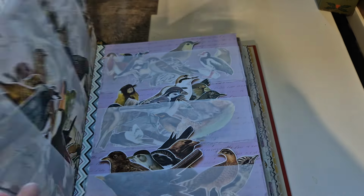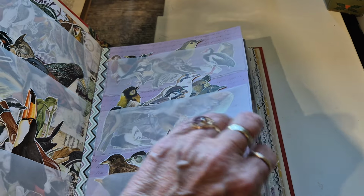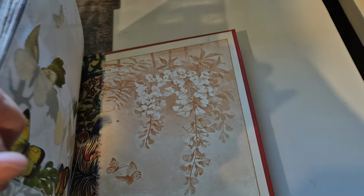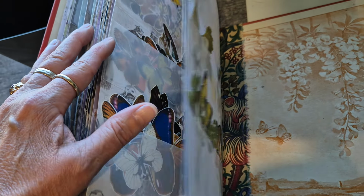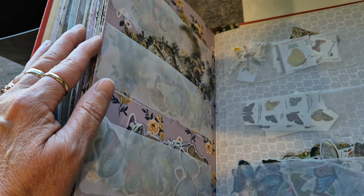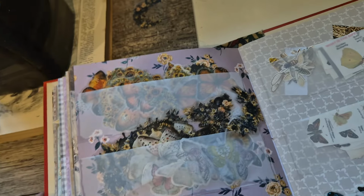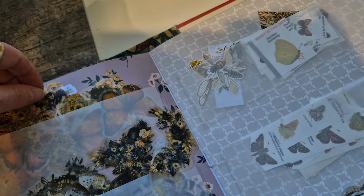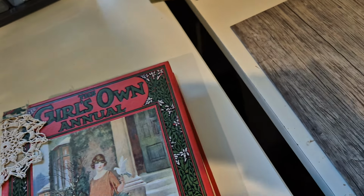So I've got one that has like birds in it. They were in little containers, but I didn't like them in the containers. And then at the back, they've got butterflies. Oops. And butterfly stickers, that sort of thing. So that's that one. And the other one is my flower one, and